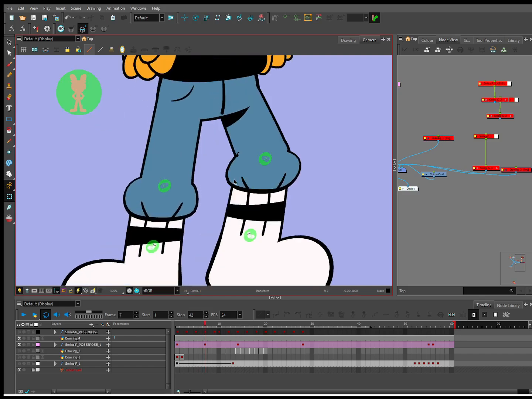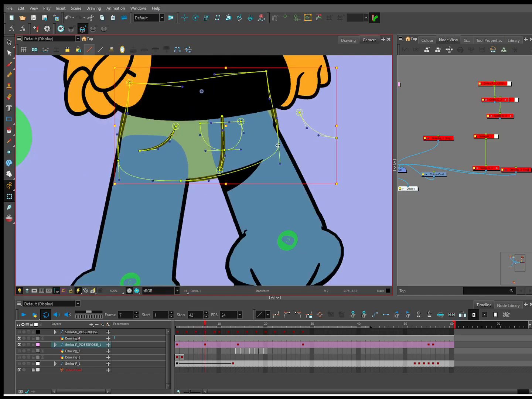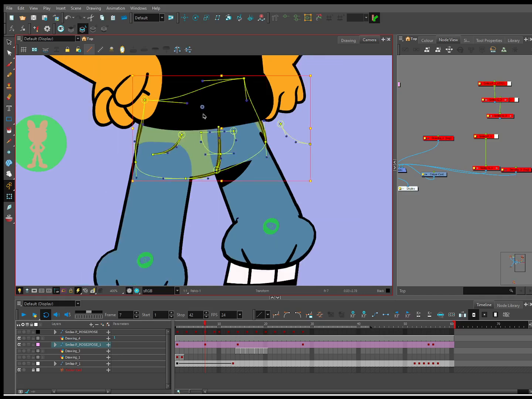The legs go up, and if we really want to be nice and full with it, the hips are going to tilt.